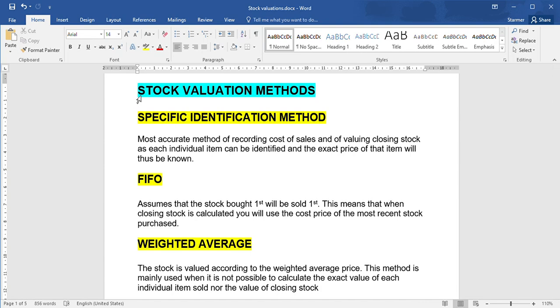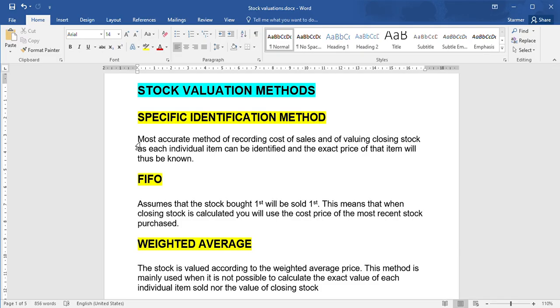The topic for today is stock valuation methods. At school level, we covered 3 different methods of valuing our stock: specific identification method, FIFO, and weighted average. With specific identification method, this is the most accurate method of valuing both your cost of sales as well as